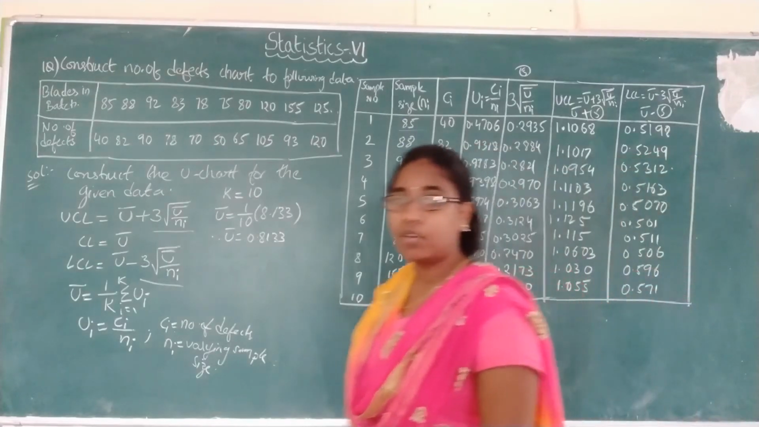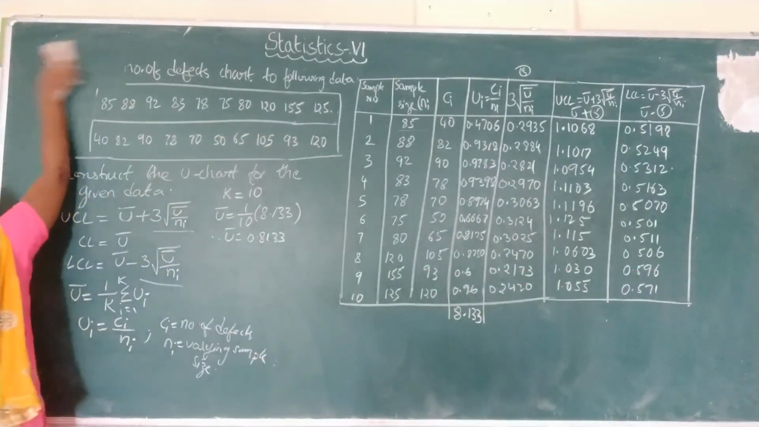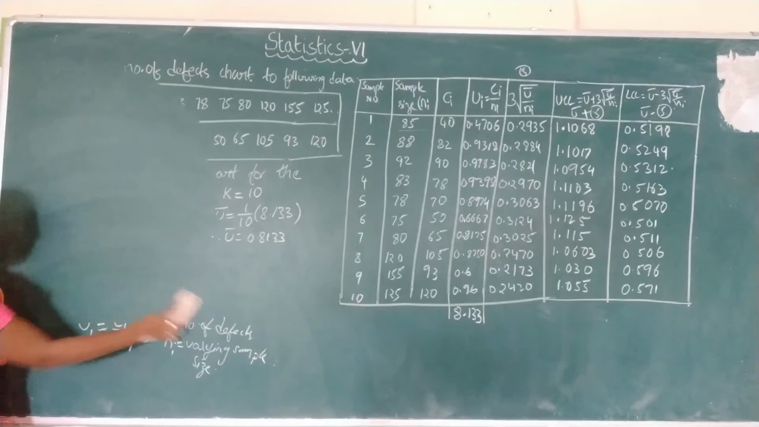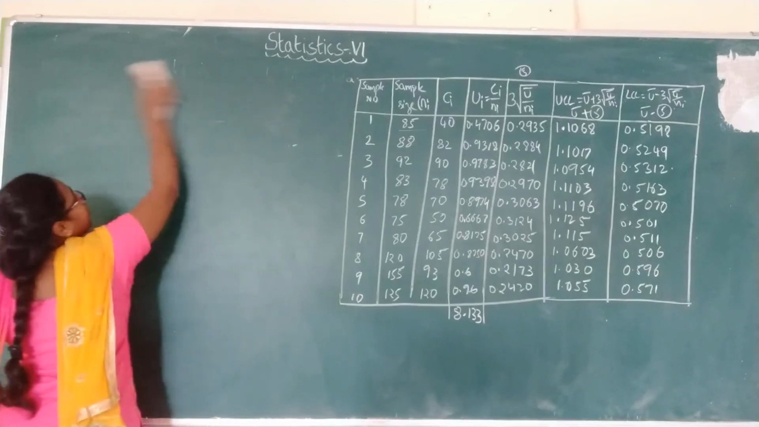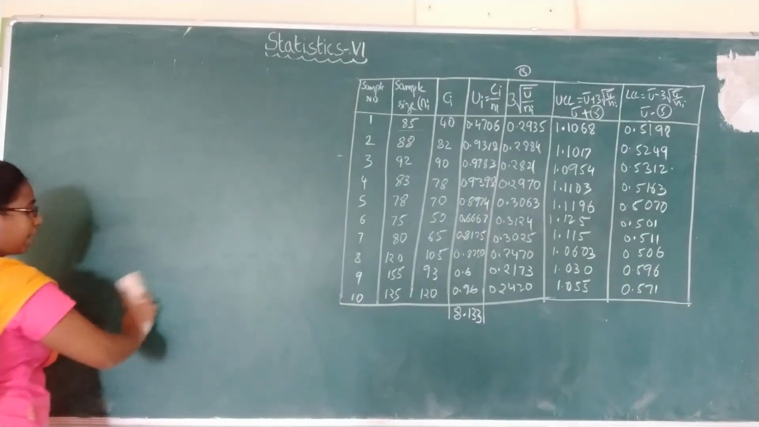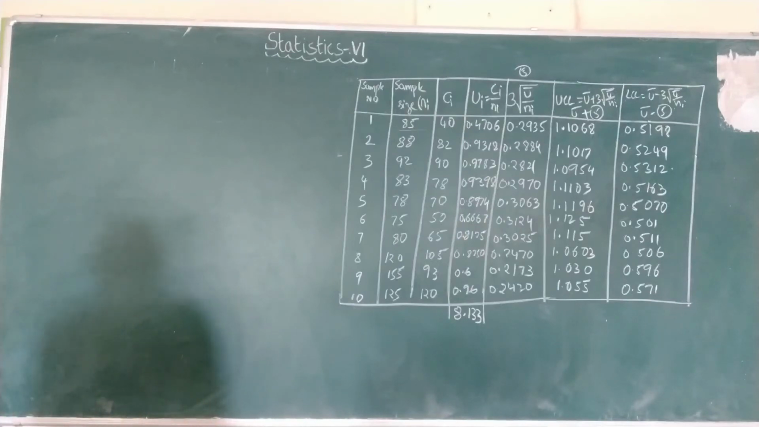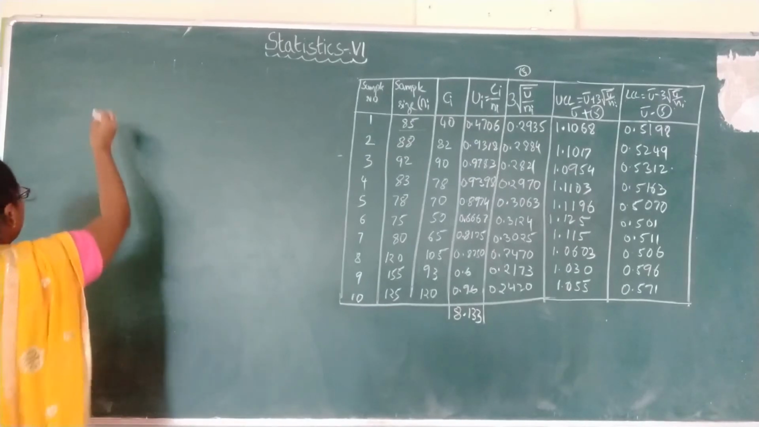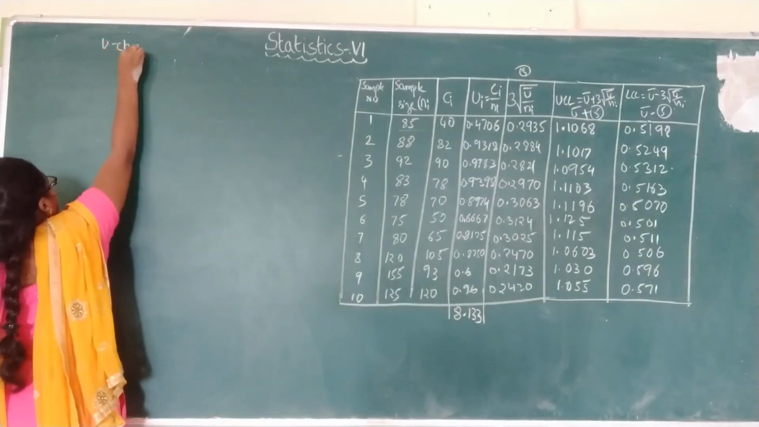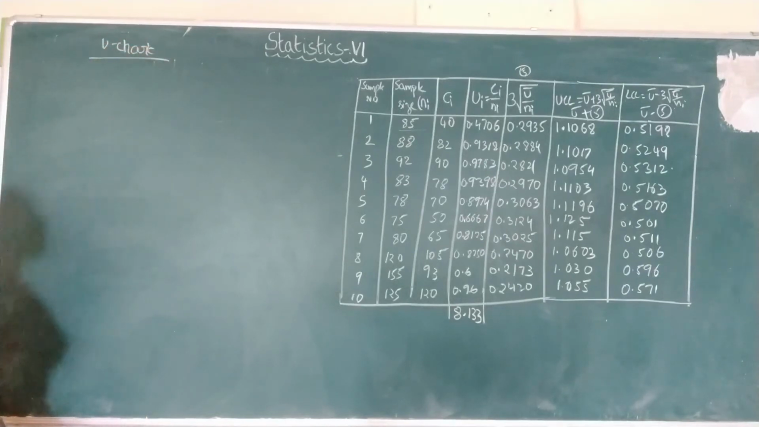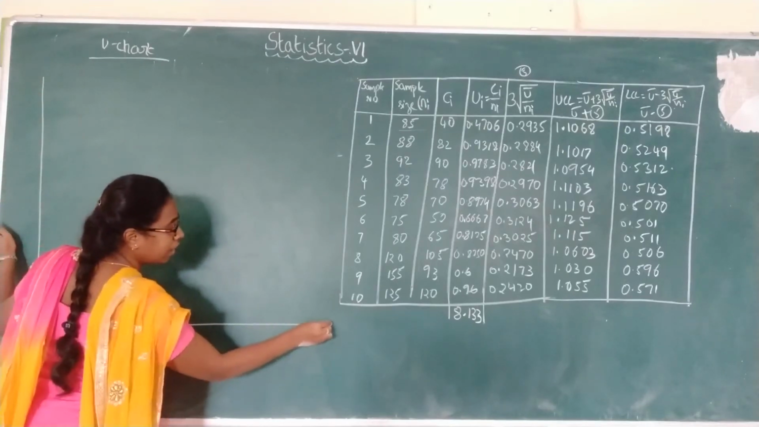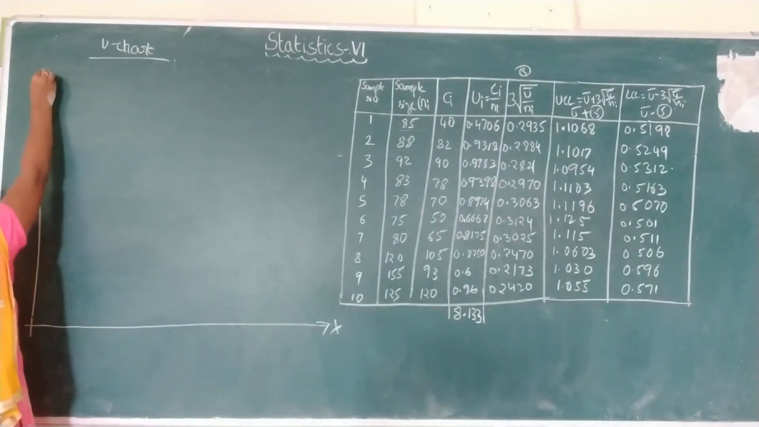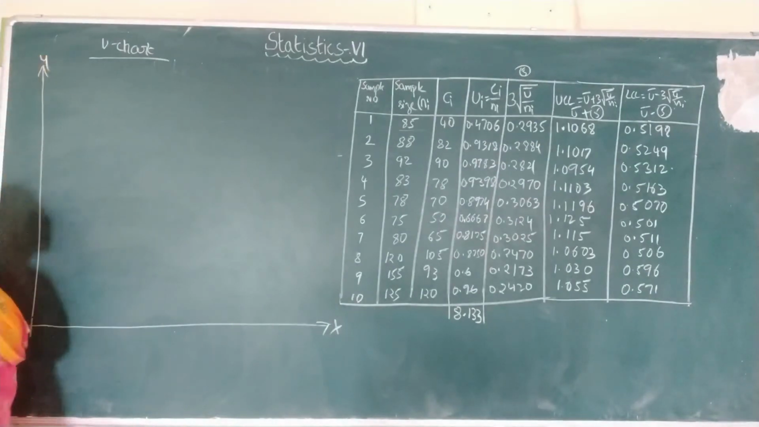Now you have to plot the required UCLs, whatever the values of UCLs, LCLs and CL value you got, in the control chart. And you have to plot all the Ui values also. So construct the U chart. If you see the U chart, how many samples we have? Total 10 samples. So on the x-axis you represent the number of samples, that is sample number,